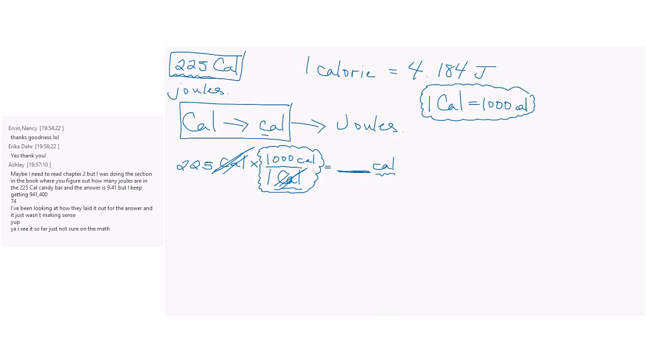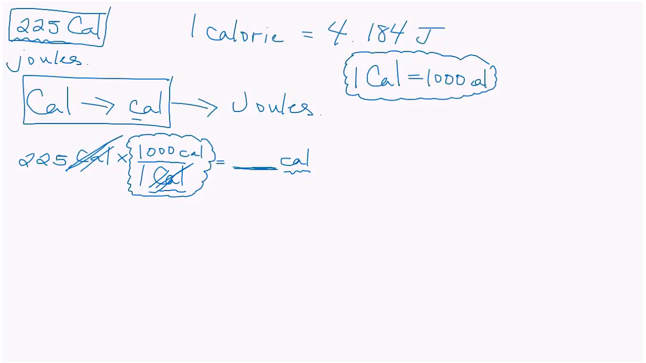Great. So once we have the unit set up, now we're going to do the math. So what I have, I'm going to grab my arrow here. There we go. I have 225 times 1,000 divided by 1. So I'm going to just do this in stages. I'm going to take 225 and multiply it by 1,000. And you can do it in your head or you can do it on a calculator. Calculators are allowed on your quizzes and on your tests. And 225 times 1,000 is